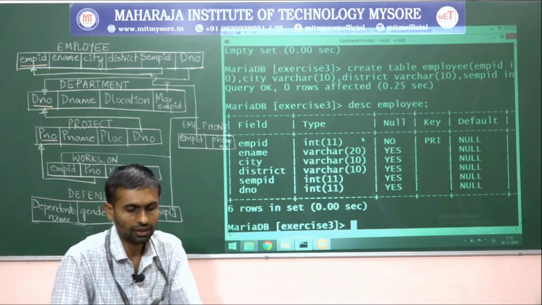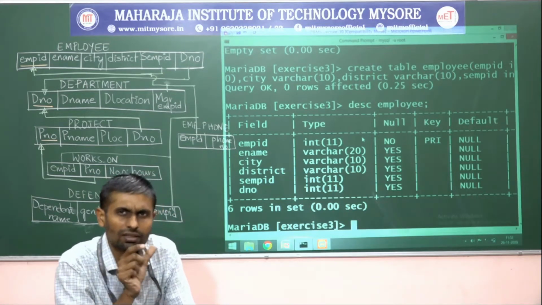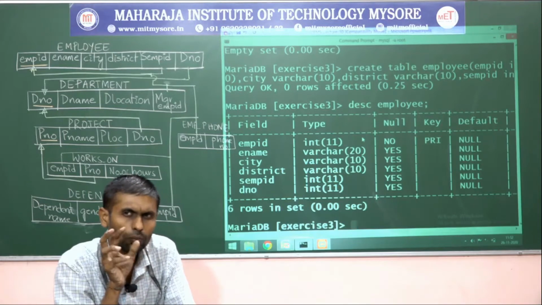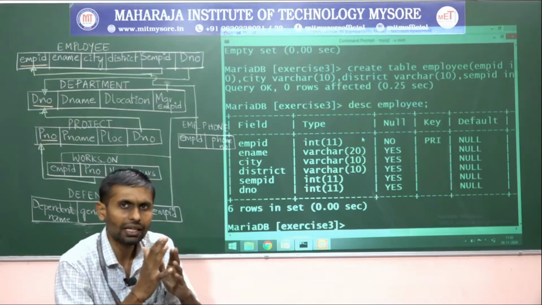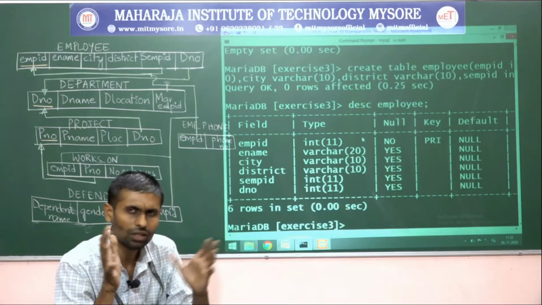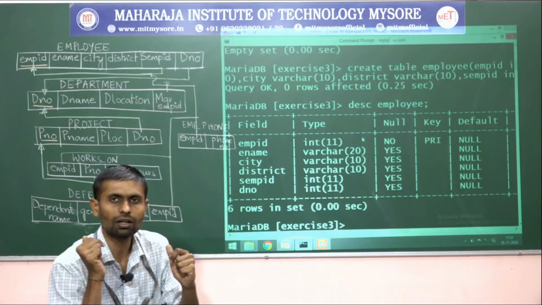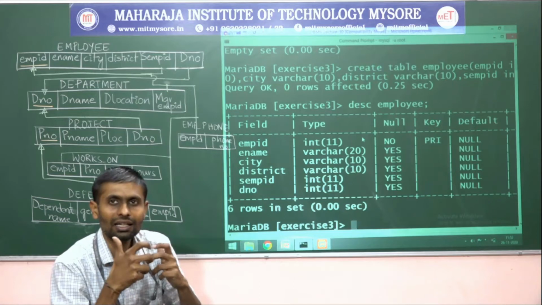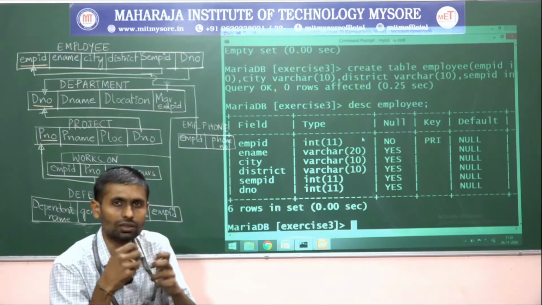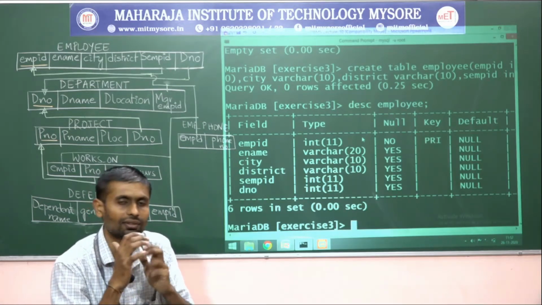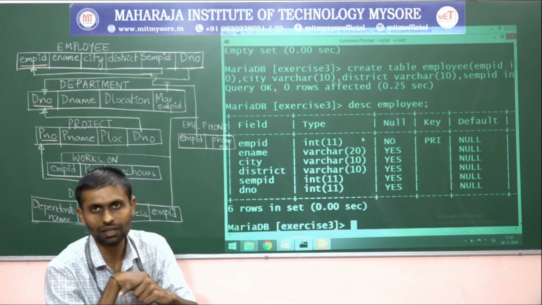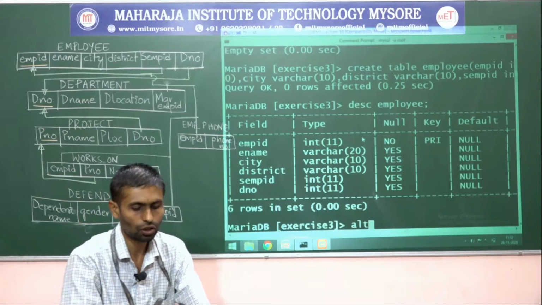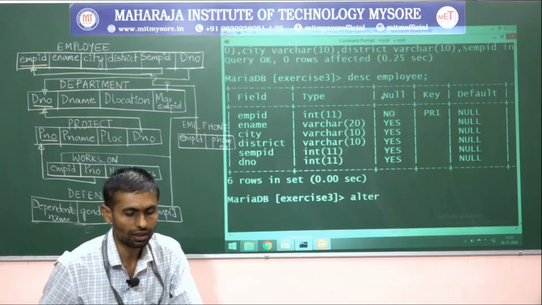How to do, guys? Actually, we are adding one more constraint. Any changes, if I want to add any constraint, add one more column, delete any column, all such activities we call by what name? Actually, basically, it is some alteration to the structure of the table, right? So such things can be achieved with the help of alter command, right? That's it. So let me go with making use of alter now.